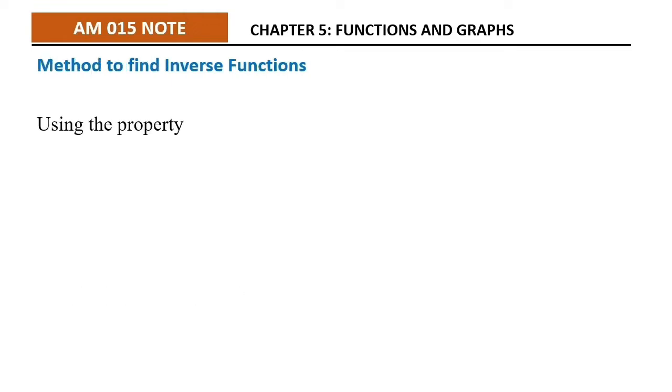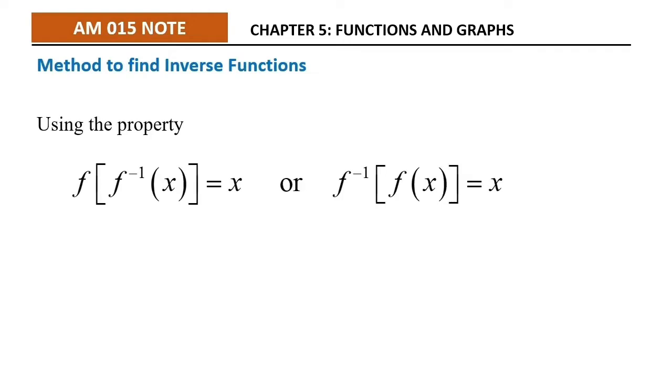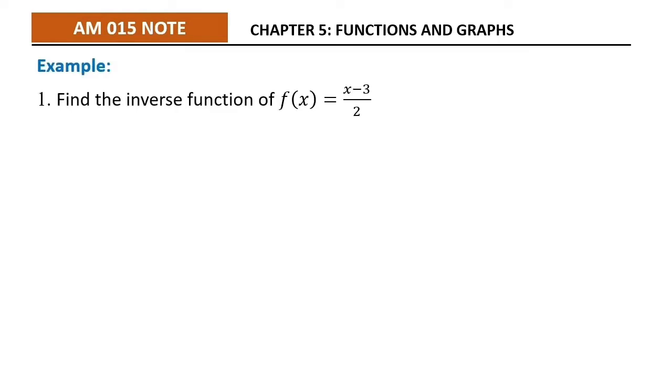Method to find inverse function: using the property f of f inverse equals x, or f inverse of f equals x. Examples: find the inverse function of f(x) equals (x minus 3) over 2. To find the inverse function, using the property f of f inverse equals x,